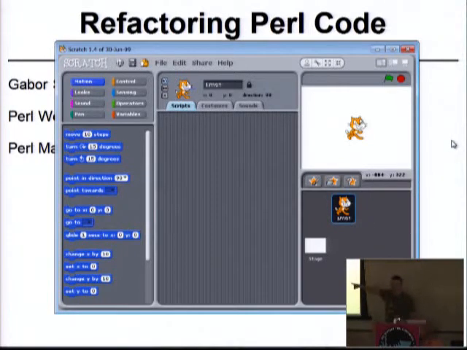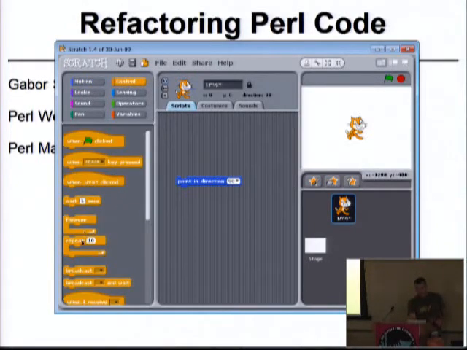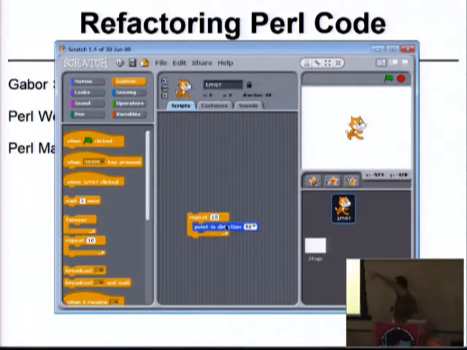You have these sprites, these little things, and you can program them. You drag and drop this stuff from the left-hand side. And then you have loops. Repeat, yeah. And you can take it and put it inside. And then the little thing will run around or do all kinds of stuff, and they can send messages to each other, and you can also program the background. So this is the coolest stuff ever, I think.